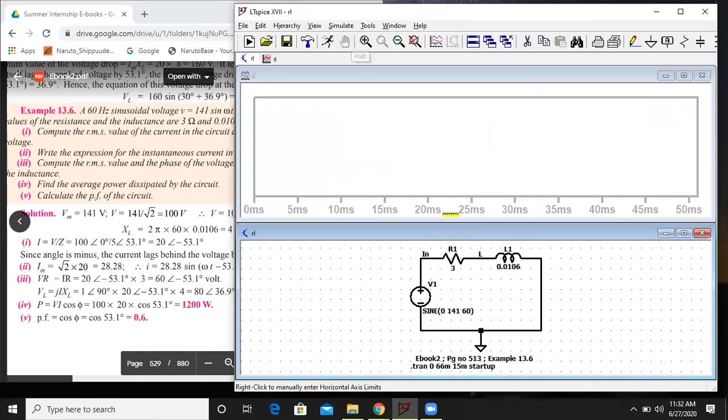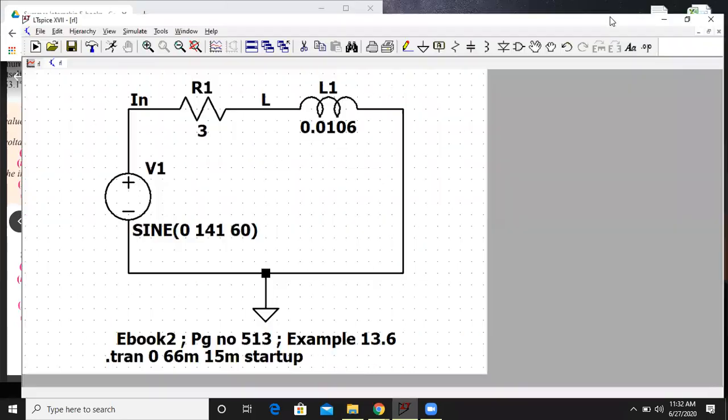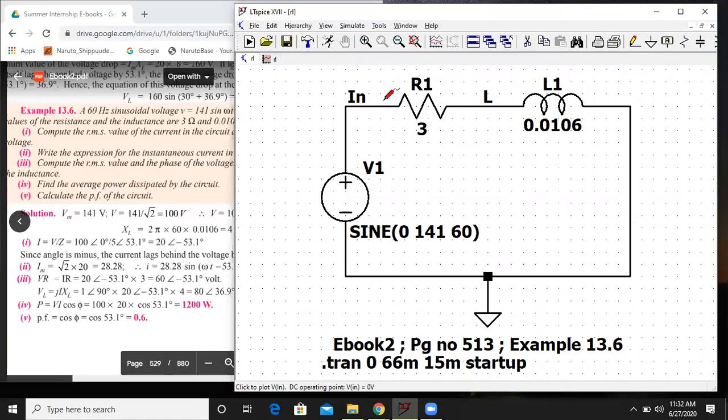I'll click on run. Now I want the current through the circuit. See, again the same thing will happen: the current direction is from left to right, and here also left to right. See to it that they are the same. If not, then rotate the capacitor, rotate the resistor. It will give you the correct direction. So kindly do that correctly. Now if you all are ready, I'll simulate.